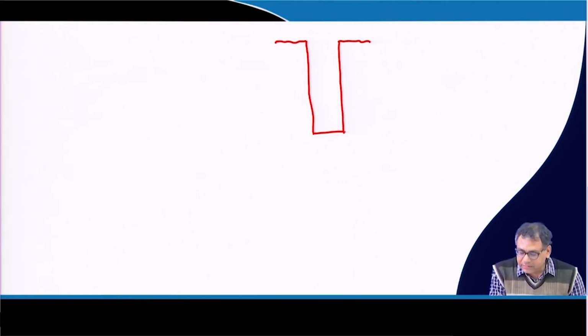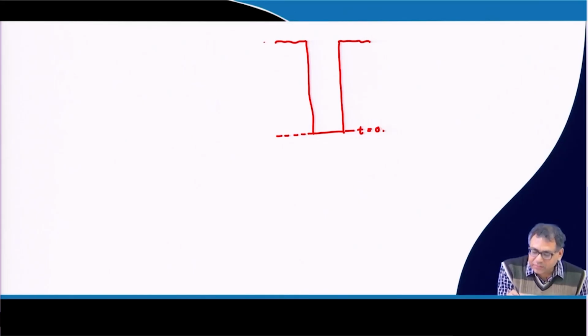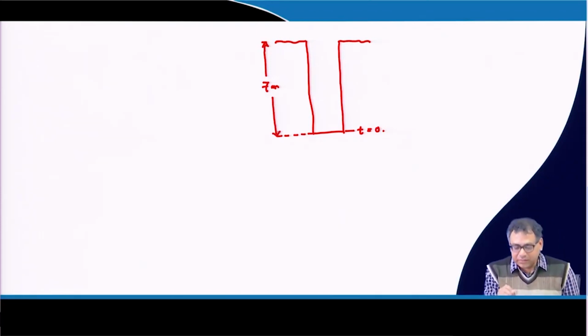Now, at t equal to 0, this is the initial water table position, and that distance from the top is say 7 meter. So, that distance of initial water table position within the borehole at t equal to 0 is 7